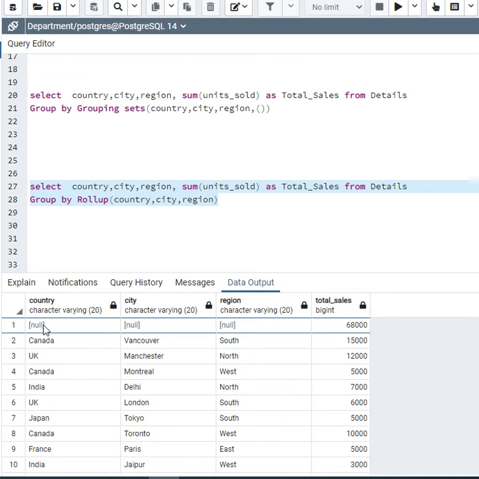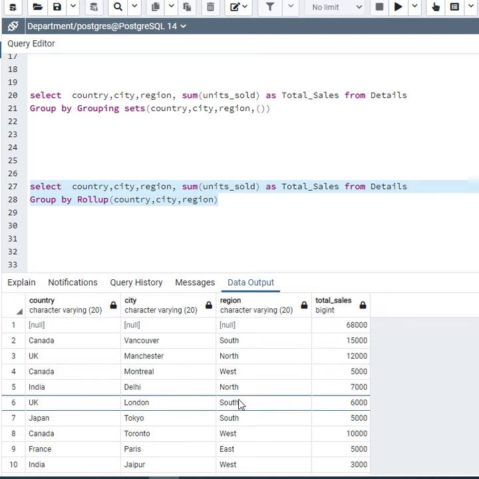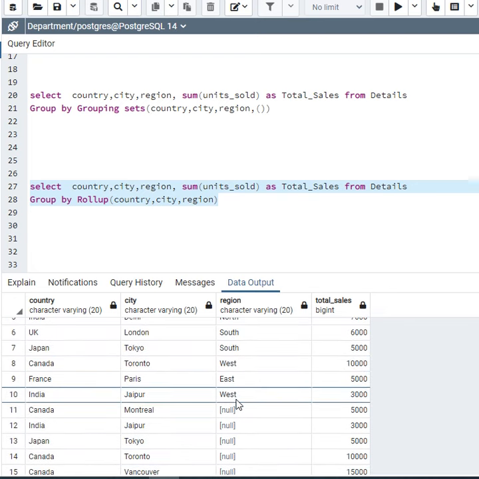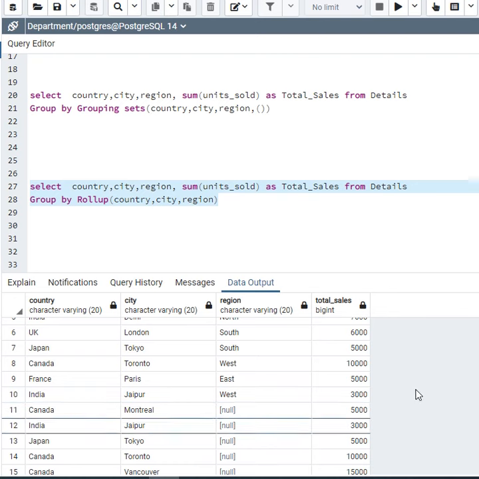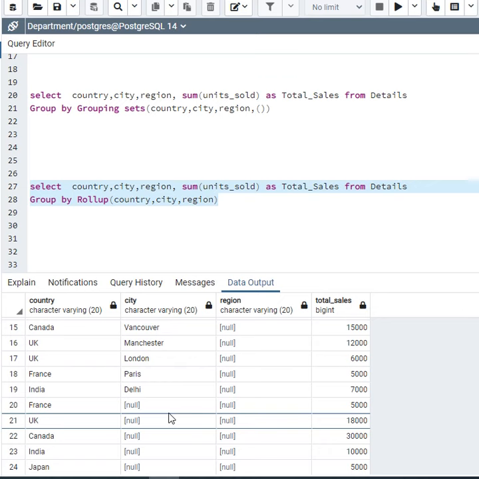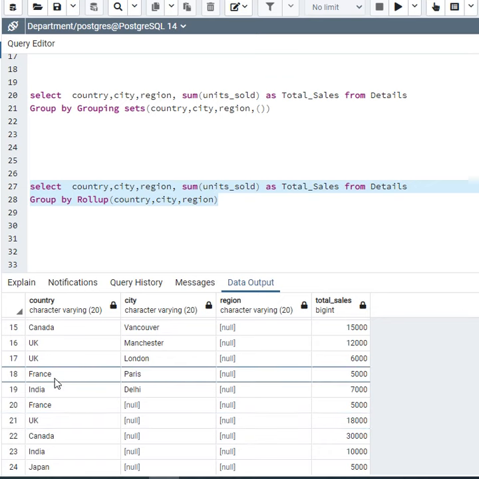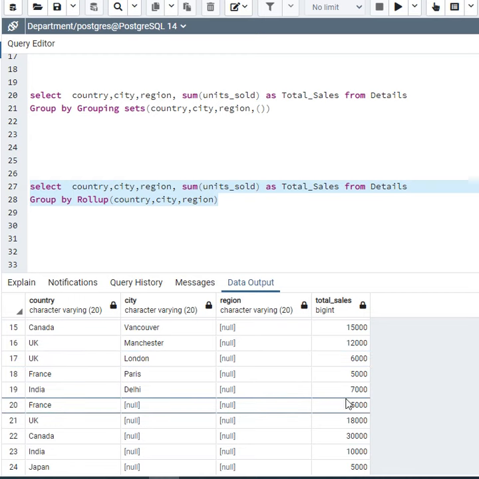You can see, without any condition it shows me total sales, and it shows me total sales of the three columns country wise, city wise and region wise. And now it shows me country wise and city wise total sales, and then only country wise total sales. So this is how the rollup function works.